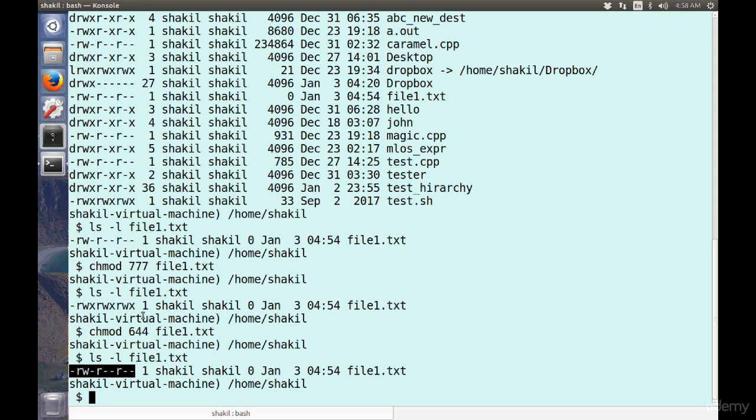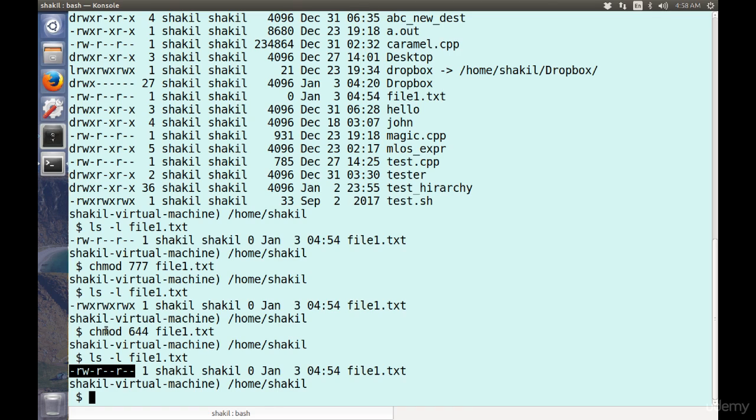Now 777 looks good many times, if you are in a hurry and you want to give some execute permissions, you don't want to calculate, you just end up giving 777. But that might be a security hole, that might be causing security problems. So make sure you know when you give more permissions than needed. So make sure you know what you are doing.